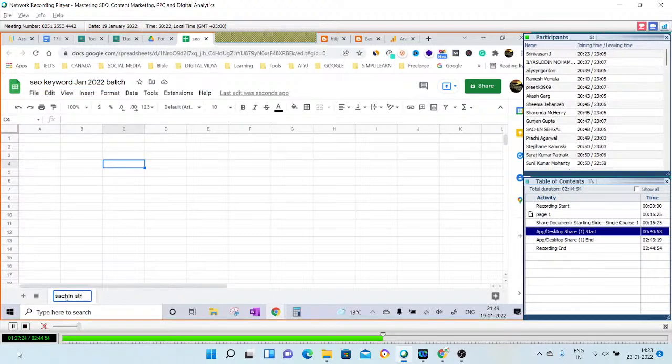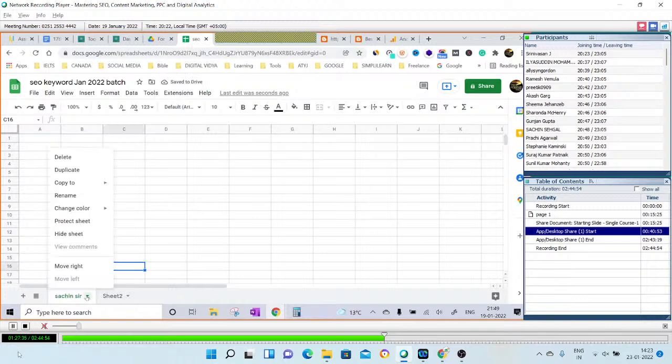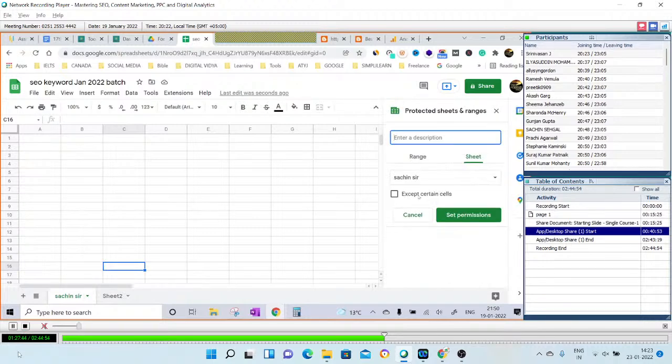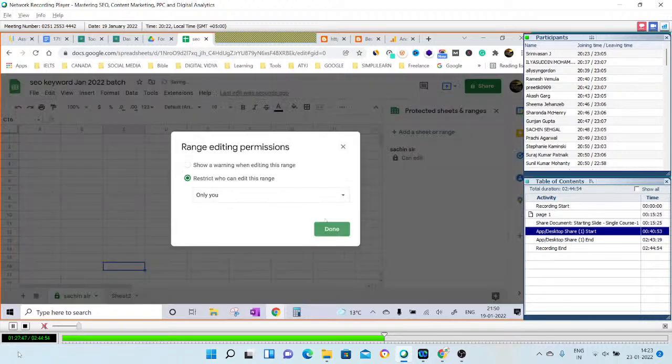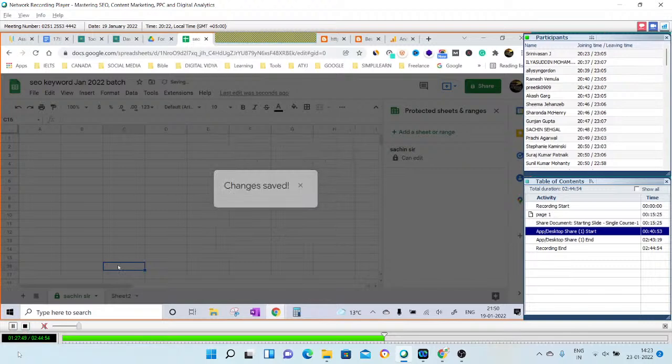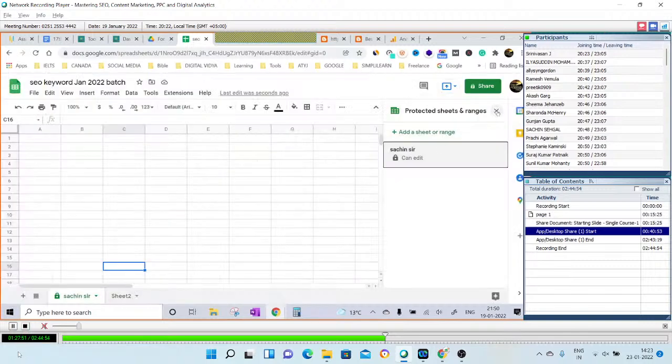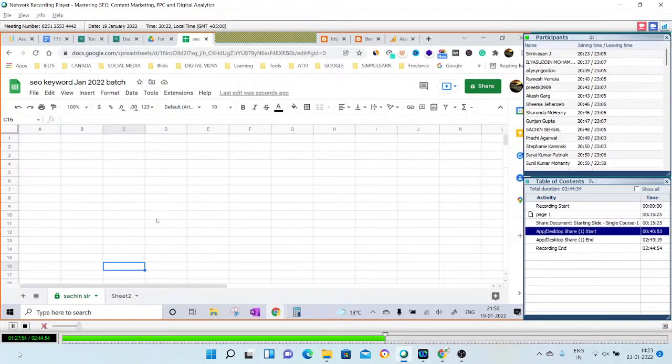Okay, so how would you do it? Suppose I have come here and given my name. I'll give you access tonight after the class. You will click the plus button and put your name, and then whatever I'm doing, you will do the same. I'm going to lock my sheet so that you are not working on my sheet. You can also lock your sheet whenever you get the access, by going into the drop down, protect sheet, set permission, and done. Then only you will be able to edit it, or I will, because I'm the owner of this Excel sheet. Okay, that's the first part.